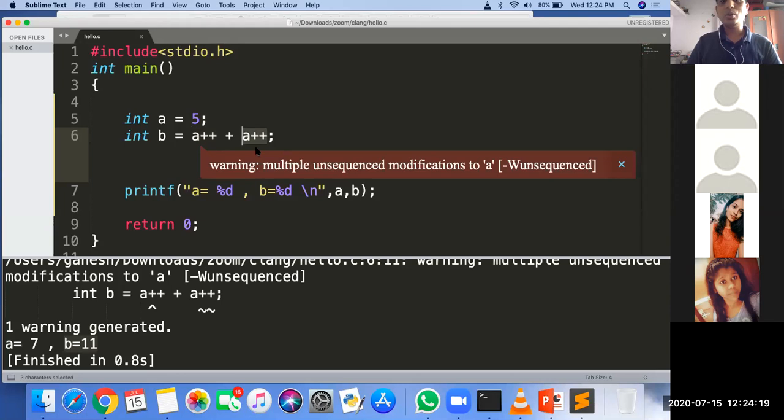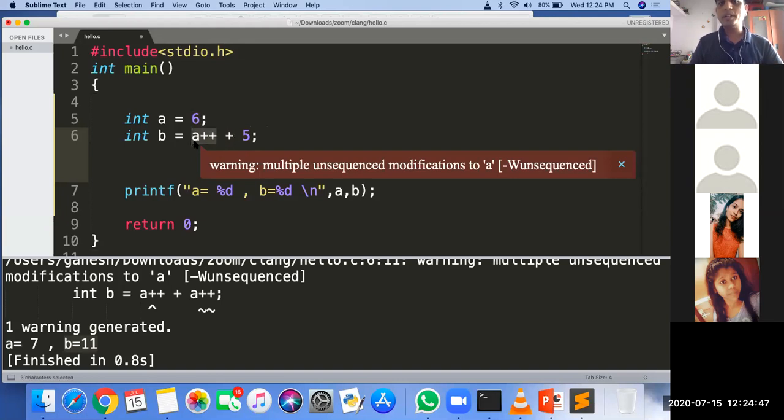So what happened here? A plus plus, but it is post increment. So the value is applied here, but after applying the value, the value of A becomes 6. Now next solve this A plus plus, because this binary operator plus is solved after the unary operator.